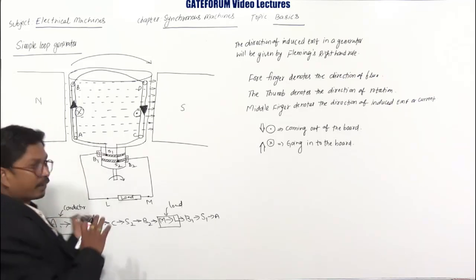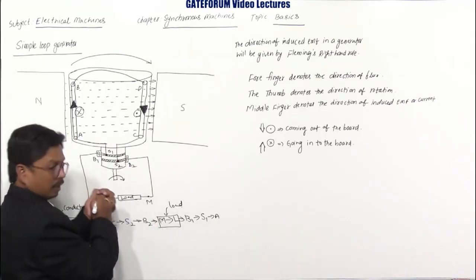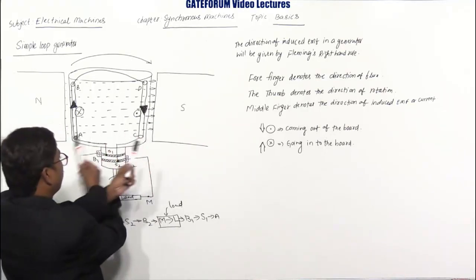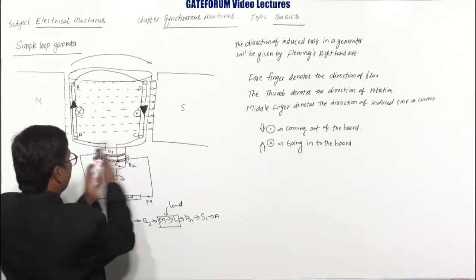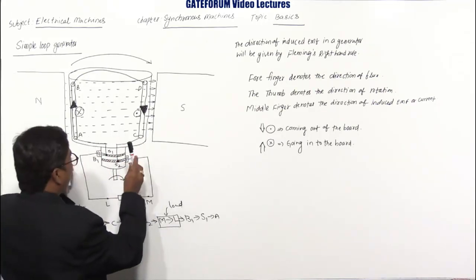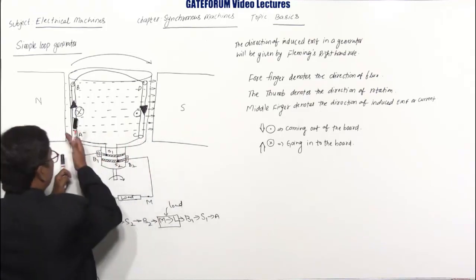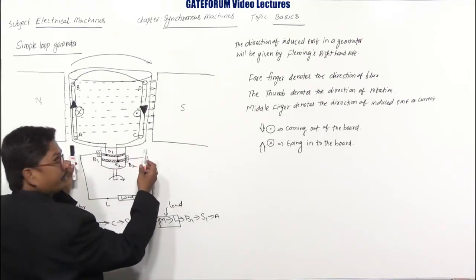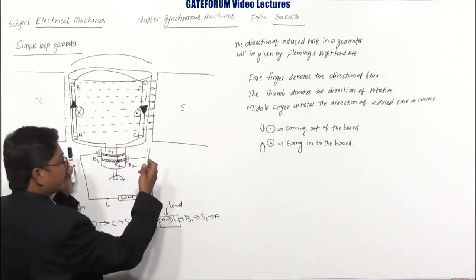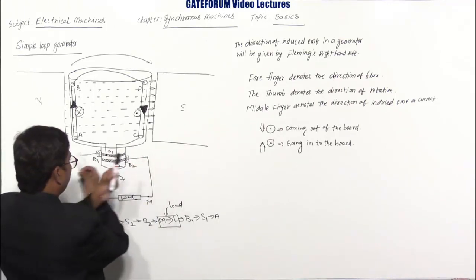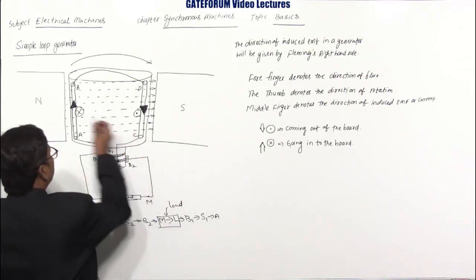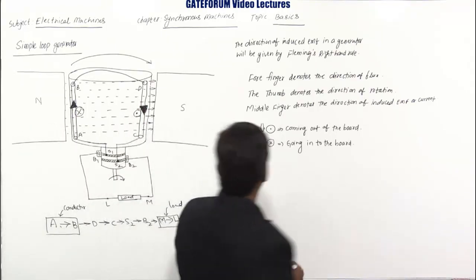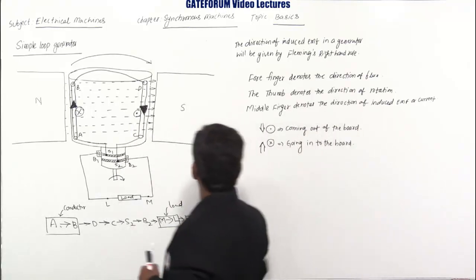So we will take after half rotation. Complete rotation means 360 degrees. This is 180 degrees, and 360 degrees means again this conductor will move to the same position, right? So after 180 degrees, conductor CD will move to this side and conductor AB will move to this side. Let me take this conductor: this is the conductor AB and this is the conductor CD. So after half rotation, it will move like this. Clear? At that position you have to see. So please note this down and we will continue.